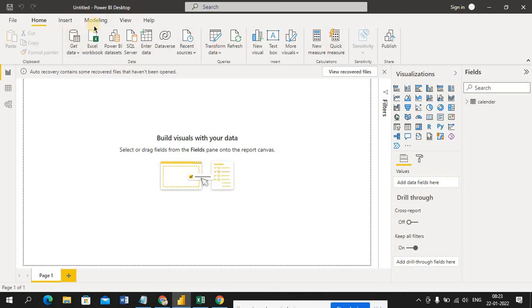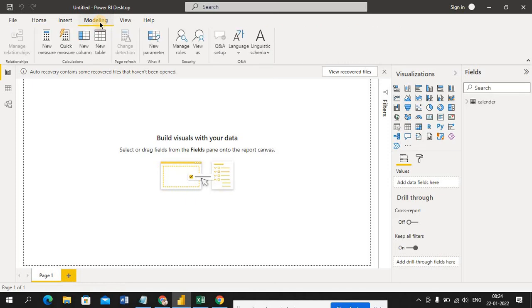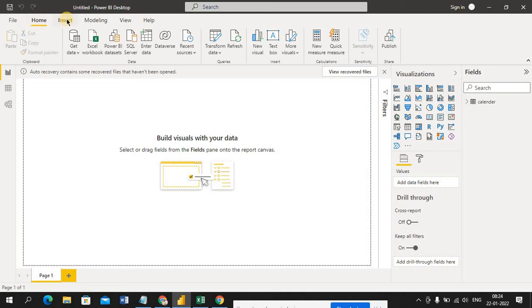Sometimes things are available in the Modeling tab, sometimes in Home, sometimes available only here, context wise, data format wise or graphical wise, like quick measure, new measure, like this. Okay, but don't be confused.